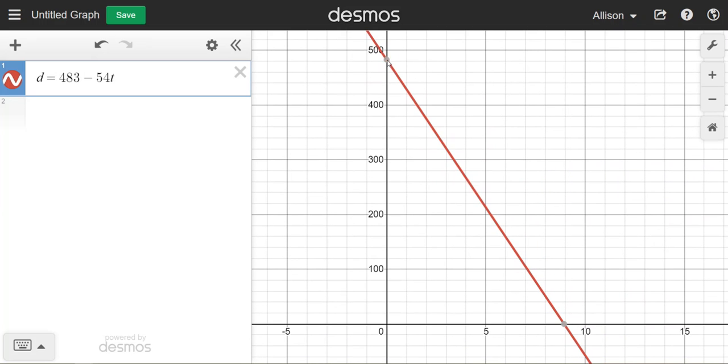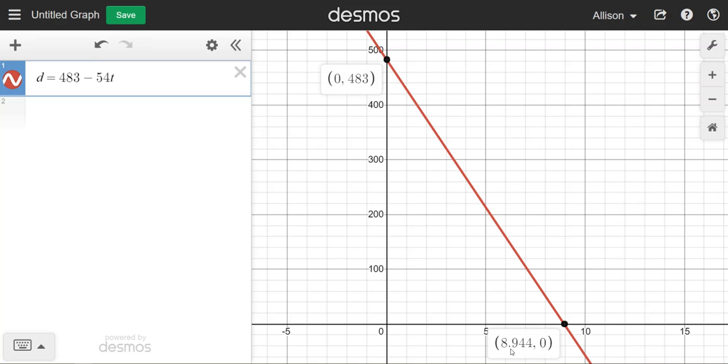All right, so in this situation, our trip is beginning at time 0. So we're not really going to want to talk about values over here in this negative area. Our trip hasn't started until the initial time 0. And then you're going to be traveling past time 0. You're going to be traveling for a while until you get somewhere and you're going to stop. And you're not going to allow your distance to go negative. So you're going to stop when you've reached your destination, which is where you've reached a position of 0. So it looks like we're only going to be allowed to use inputs between 0 and